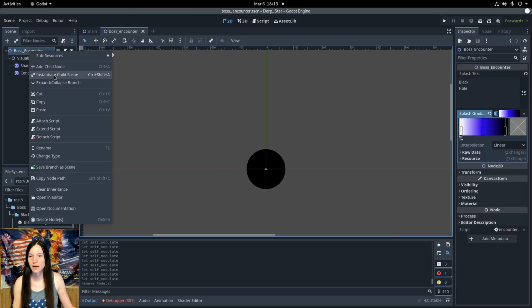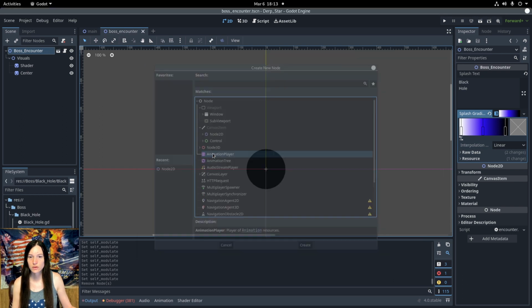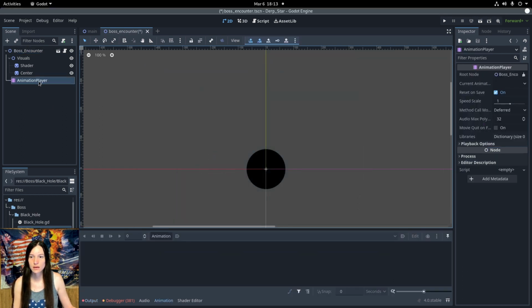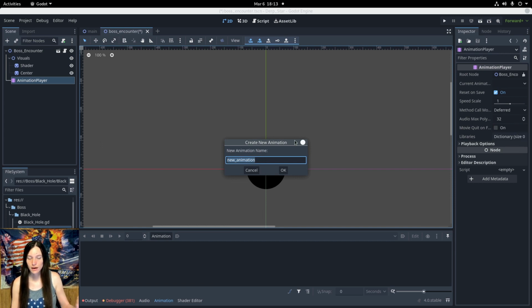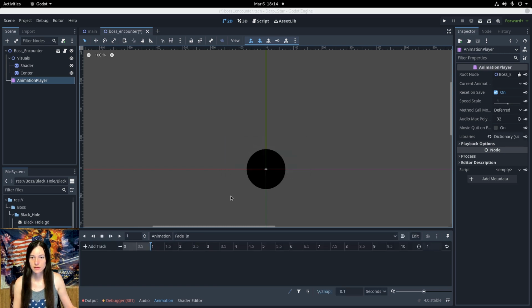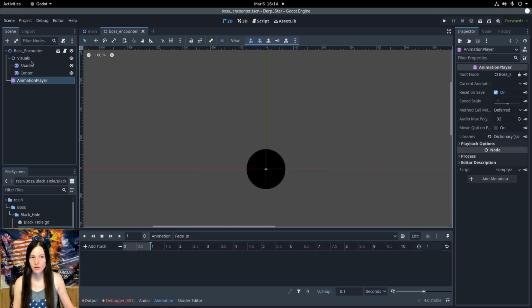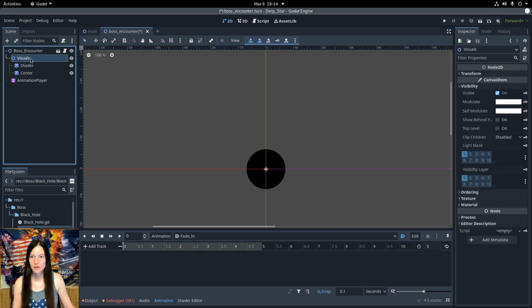Now I'll add an animation player to add the fade in and out effect. I can't just copy this from the original scene because it won't attach to the correct node. So I'll make this 5 seconds long and enable autoplay on load. Then